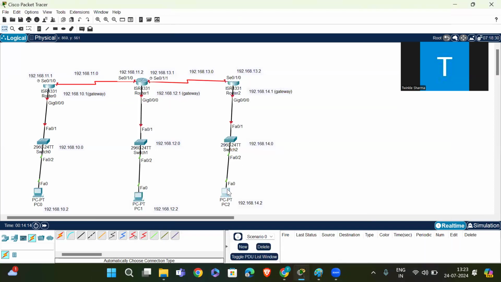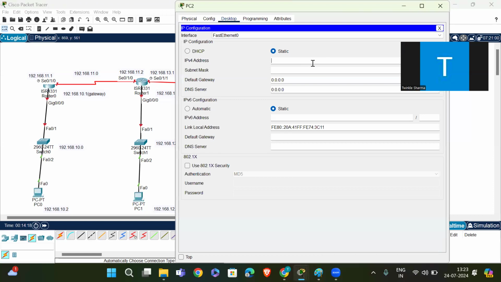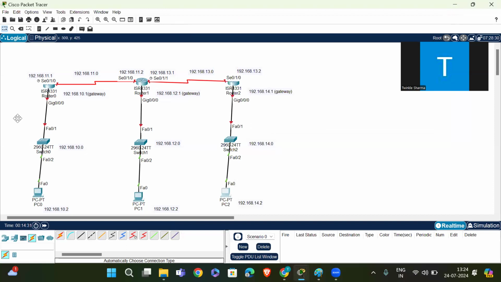And PC3: 192.168.14.2 and gateway 192.168.14.1. Okay, done.